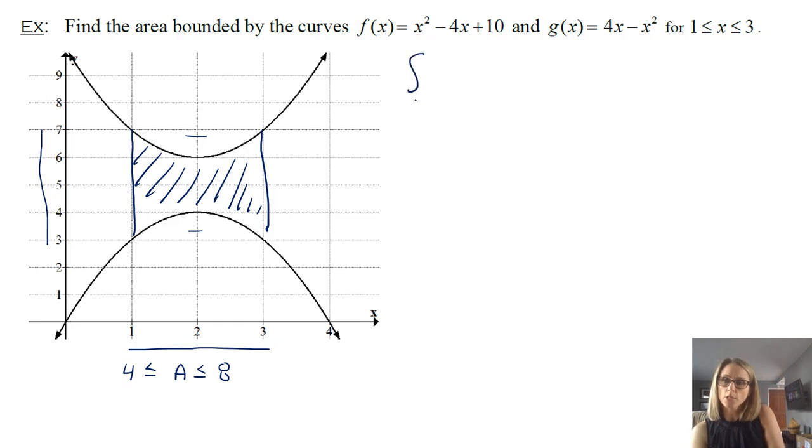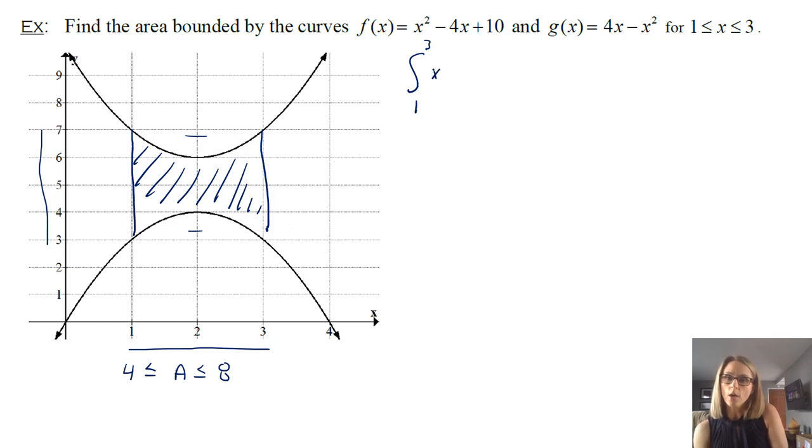So following the definition, we're going to integrate from 1 to 3. And then the important thing is to think about which function is on top. Sometimes this is given to you in the picture, and sometimes you have to figure out which function is on top. But we know that we have 2 parabolas, and one of them is up like a cup, and one of them is down like a frown. The first one, f of x, is x squared, which tells us that it should be up like a cup. With the other one, we have a negative x squared, so it's going to be down like a frown.